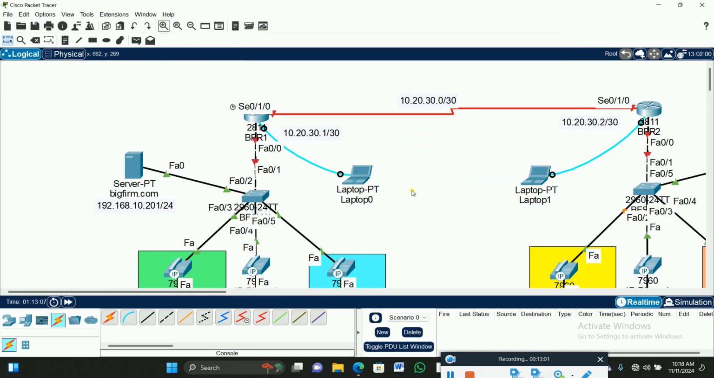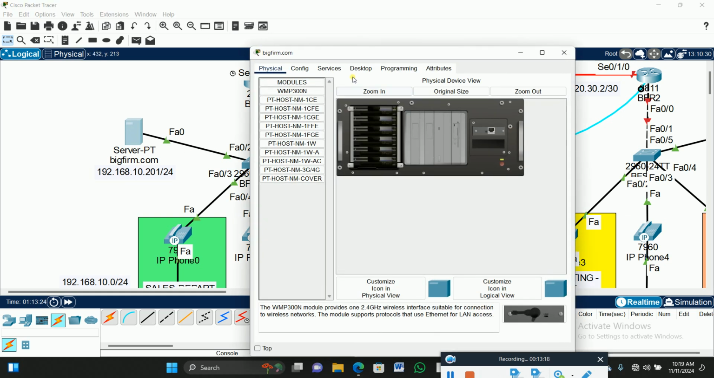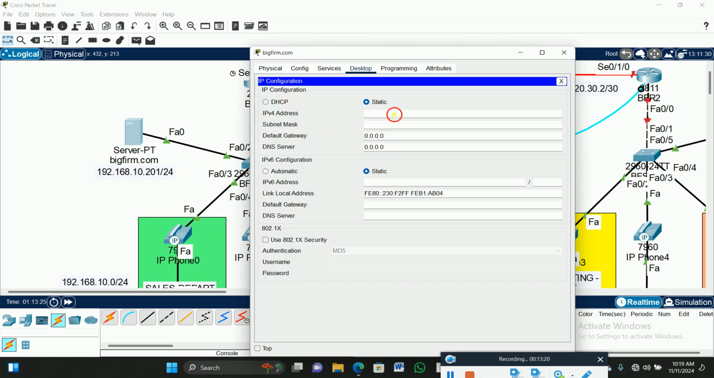Okay, it's now time for us to do justice to our configuration. We are about to start. First, we have to tackle our server, which is on the left side, which is bigfirm.com. So let's click on it. Go straight to desktop, IP config, and type your IP address, 192.168.10.201,